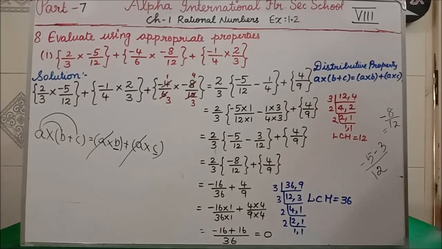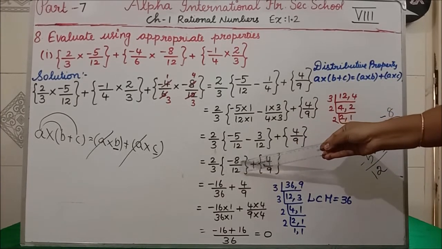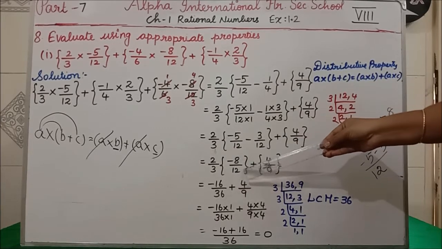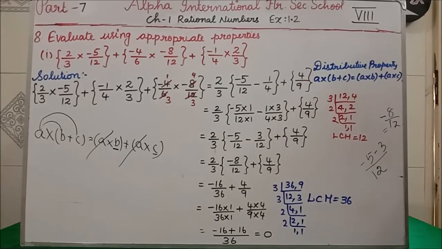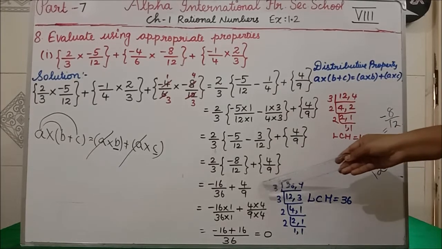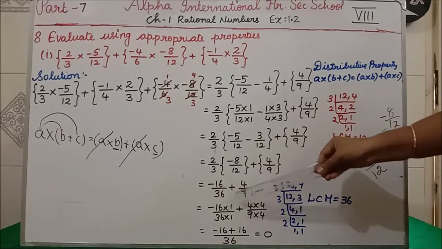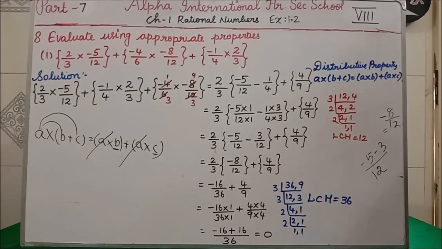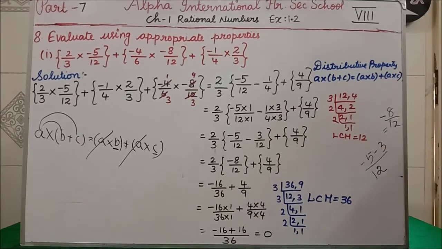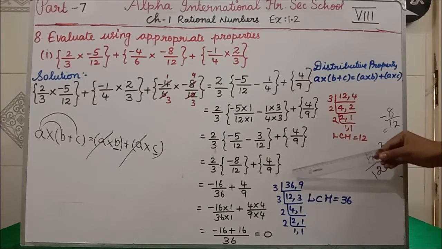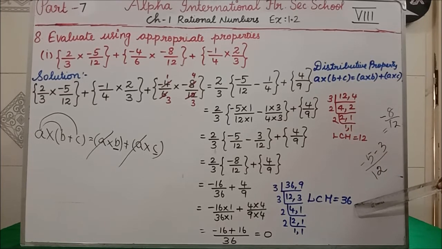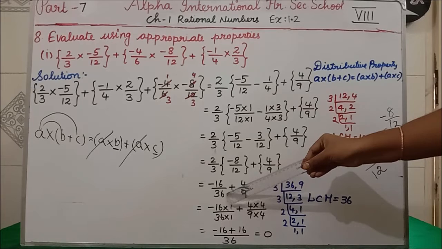Now the next step I am multiplying 2 with 8. 2 8s are minus 16. 3 into 12 is 36. Then plus 4 by 9 I am writing. Clear students? Now you see in middle we are having plus sign. But we are not having the denominator same. If we are not having the denominator same, we have to do LCM or else we can do cross multiplication. Okay, since it is big number, I am taking the LCM. 36, 9. If I take LCM, I am getting the LCM as 36. So here already the denominator is 36.